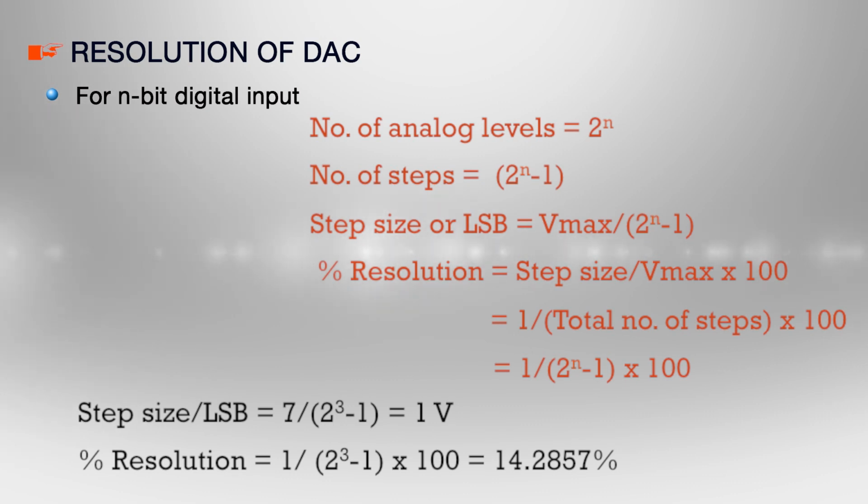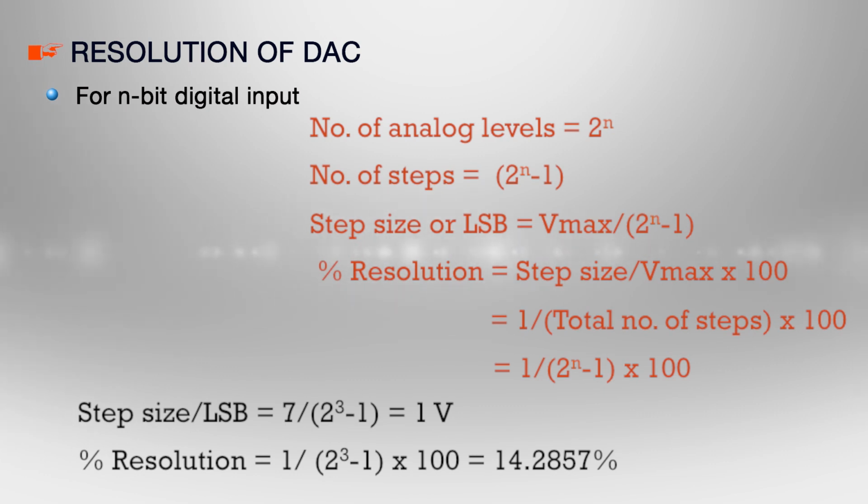For a 3-bit DAC it is equivalent to 8 minus 1, that is 7. Step size or LSB is equal to V max by 2 to the power n minus 1. So, for our last example it is equal to 7 by 2 to the power 3 minus 1, which is